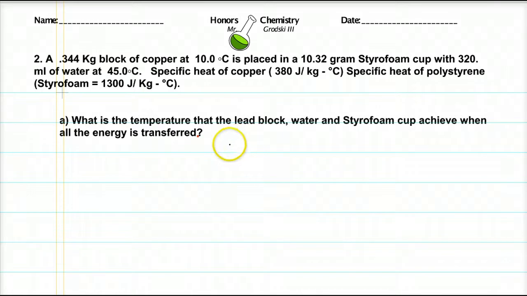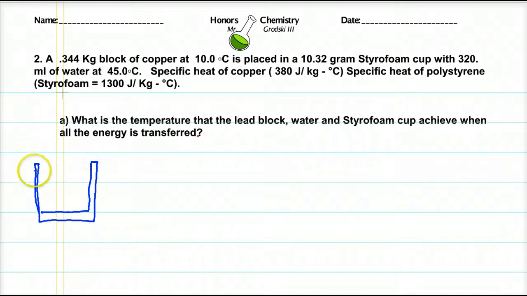That's most important here, because with trying to read this problem and not drawing a diagram of a heat diagram, it's very difficult. Okay, so I know that I have a container, which is my styrofoam cup. My styrofoam cup is going to represent the place where the water sits in. Not a very good drawing, but nonetheless, here's the water, and we're going to have a block in the water. Okay, and the block won't be floating. Now our block of copper is at 10 degrees. The water is at